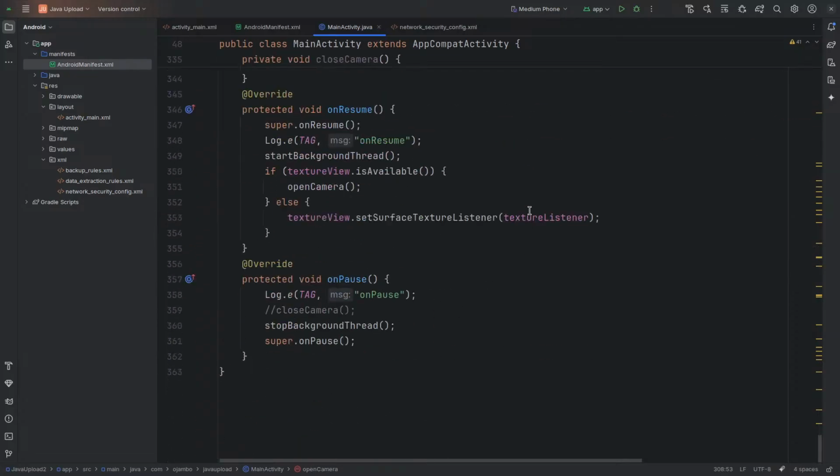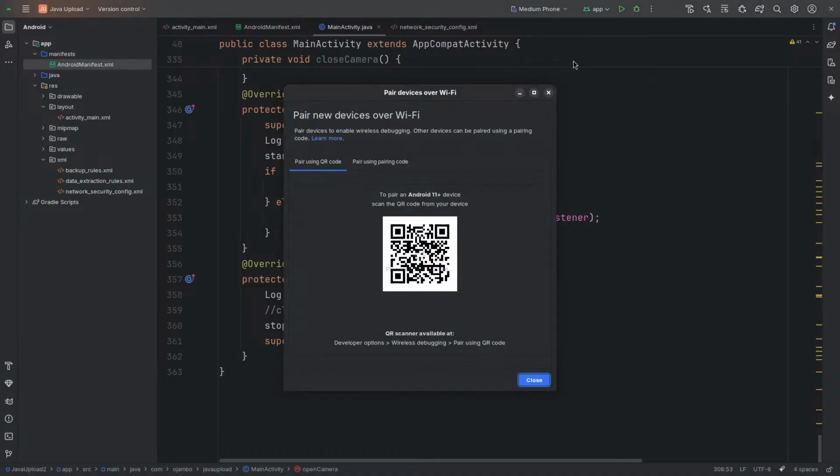So with that out of the way, I want to show you guys a trick, if you haven't seen this before: how to use your wireless devices on Android. If you see here, you go to pair with Wi-Fi, and you see it will give a QR code, or you can do a pairing code. So what you do is you go to your device, and then if you have developer settings enabled,